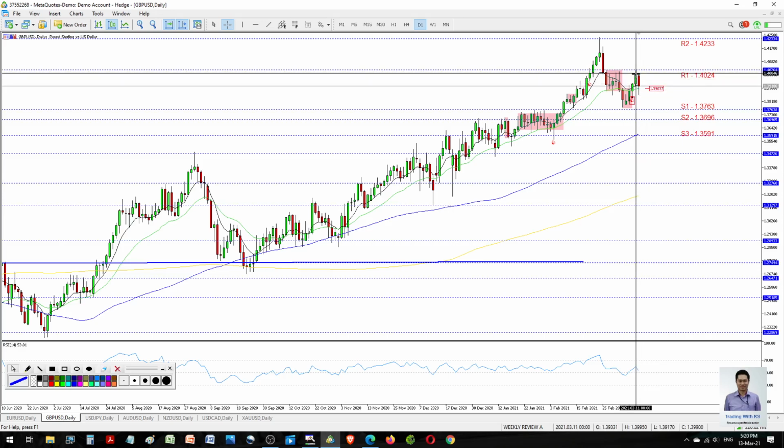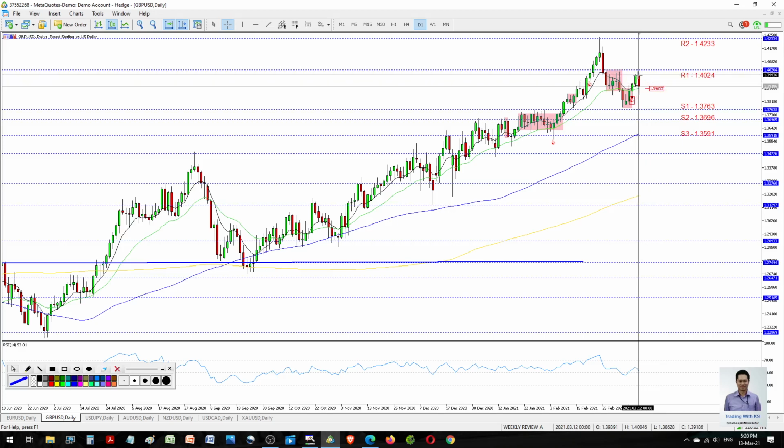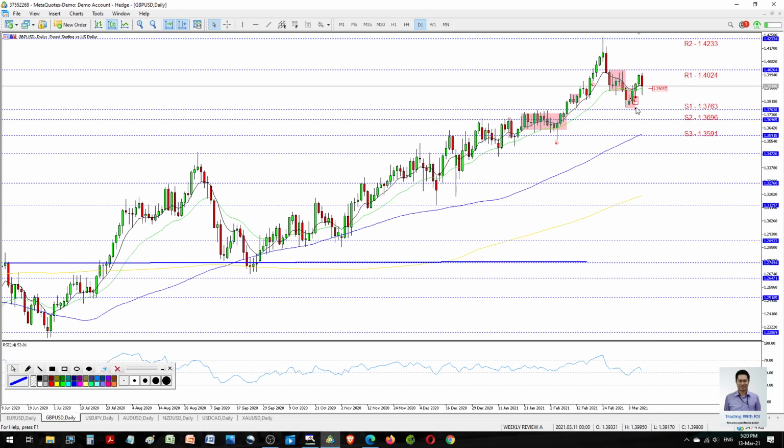Actually the price did hit the target. After it hit the target, it came back down, so this one is another retest. You can see this is another retest. So the price went back up. So as I said,